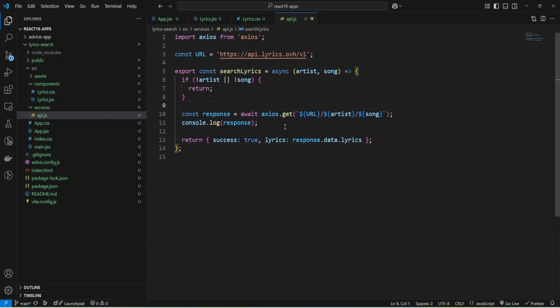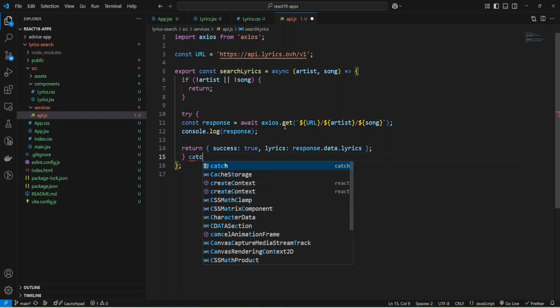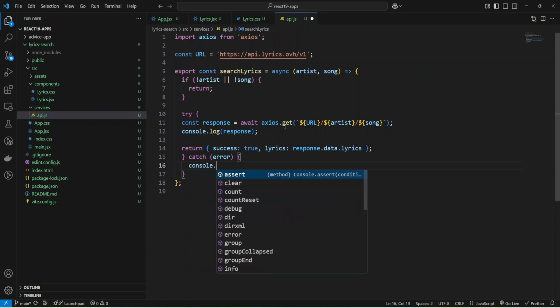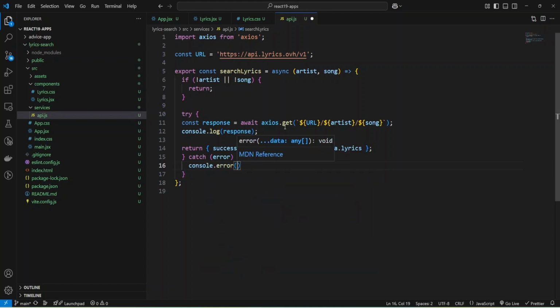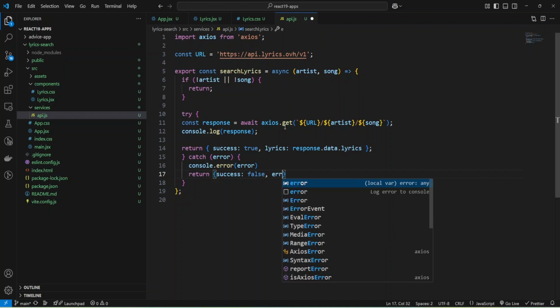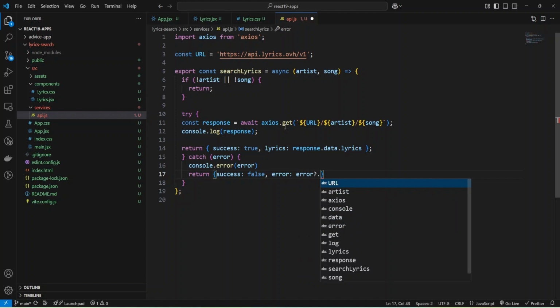Okay, and also I'd like to add a try catch block, and add catch, and catch some error, and let's do console error, and provide our error, and this time we'll return success false, and for error we'll just send the error message.